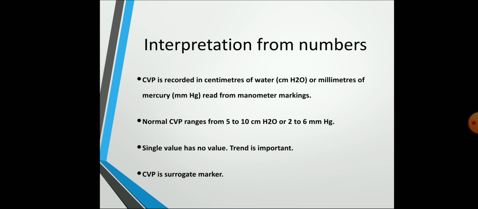So you start a surgery and the CVP is around 12, and then if it goes down, that shows that you might have to give fluids to the patient. If it goes up, then in a CKD patient there is an increased chance of pulmonary edema, so you might decrease the amount of fluids. Basically, the trend in CVP is a diagnostic or prognostic marker, and it is a surrogate marker. With the help of CVP, you are able to estimate right atrial pressure and end-diastolic volume.